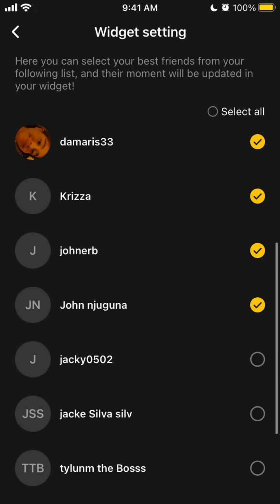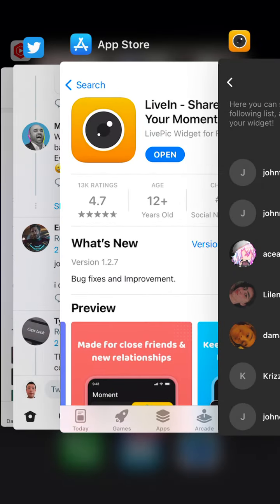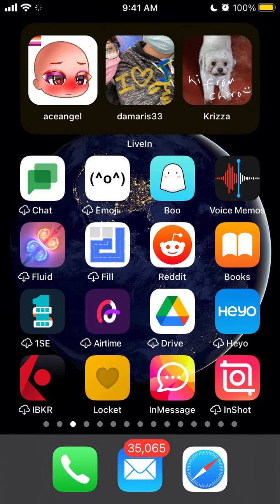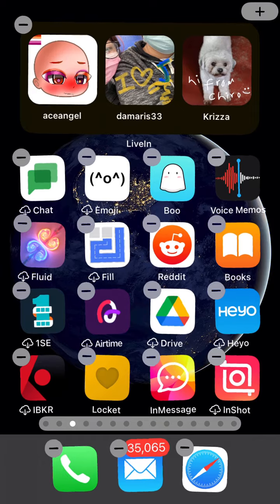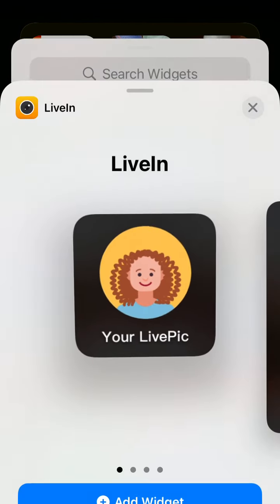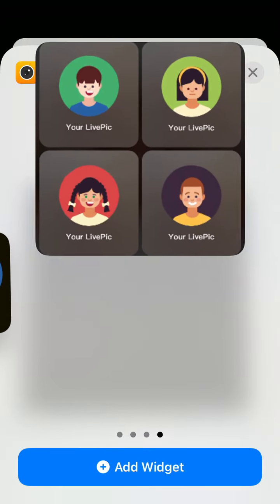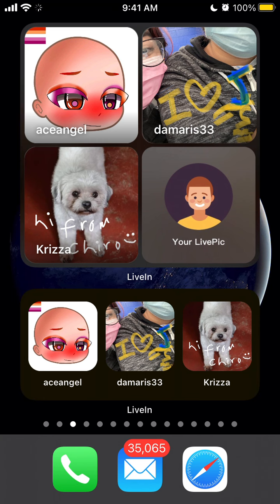And of course if I want to see photos from 5 users, I can do that. I guess they will be switching and updating in real time. We can also install a larger widget, and you can install multiple widgets. So let's install this one also. You can install that in case you really enjoyed the app. So then you can see